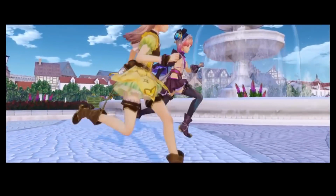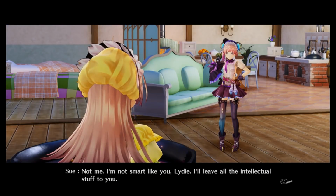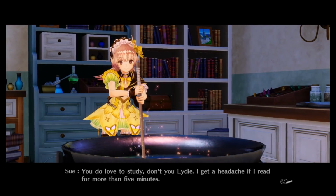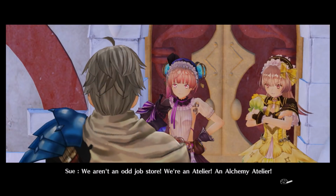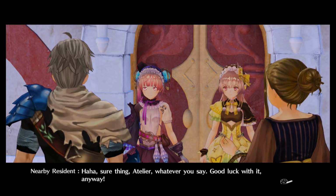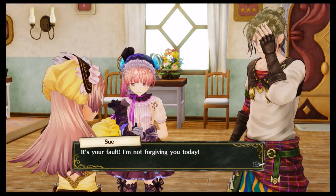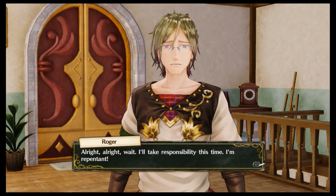Atelier Lydie and Suelle is based around the two girls from its title, the smart, slightly older twin Lydie and the fun, energetic Suelle, who have big goals of making their atelier the greatest one in the country. At first, this is a lofty goal, with their lack of alchemy skills resulting in lackluster creations, and the dad's unreliable nature as their only parent making things harder for them as they struggle to even put food on the